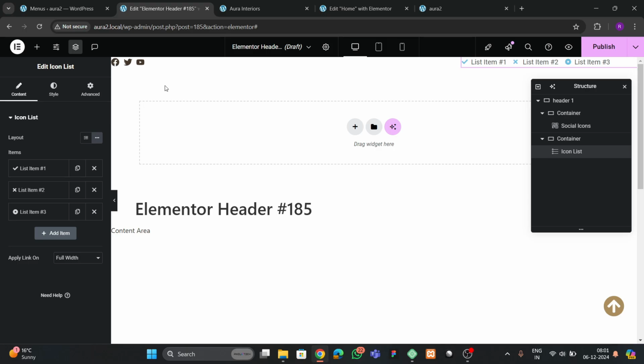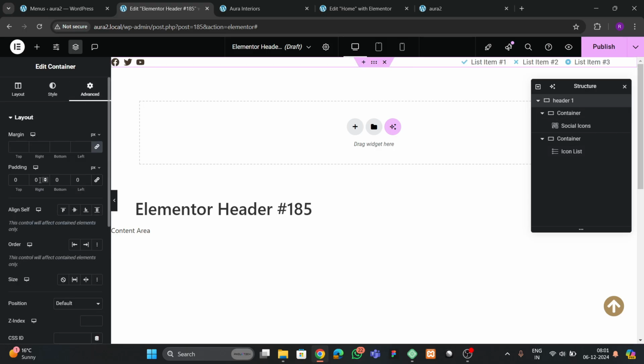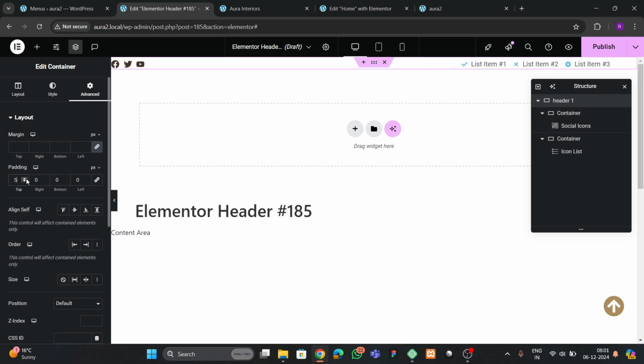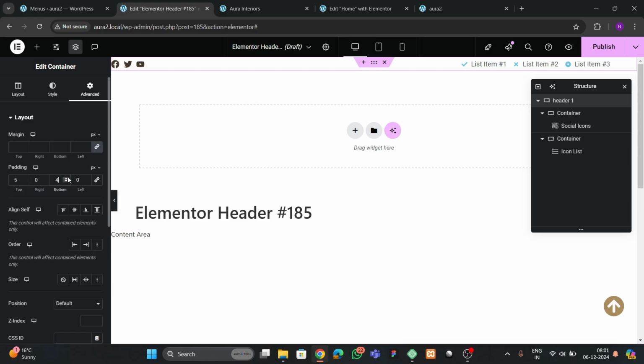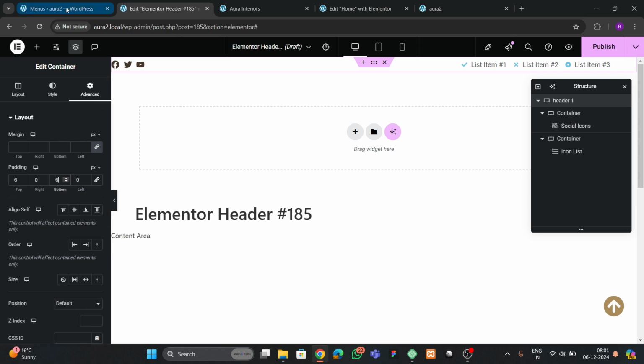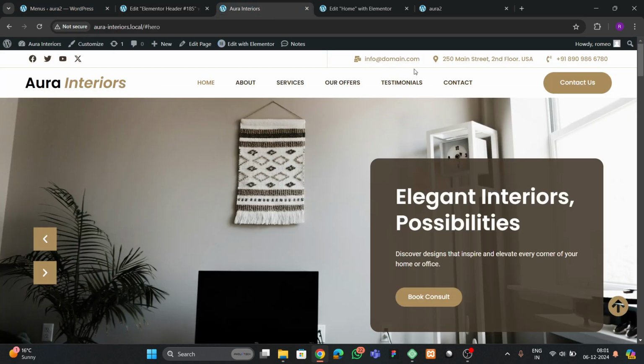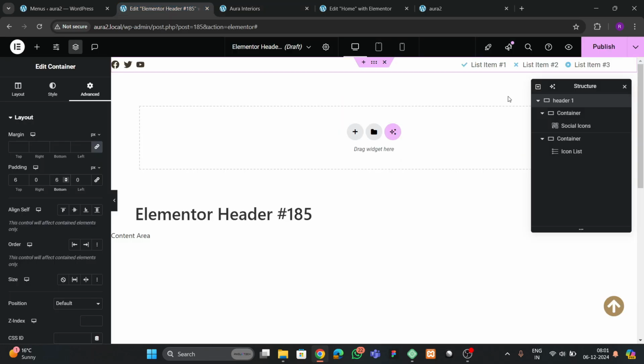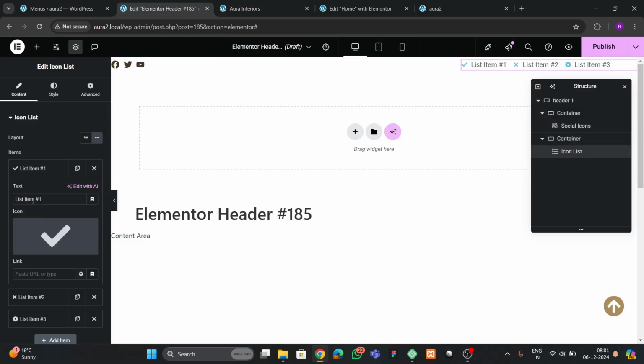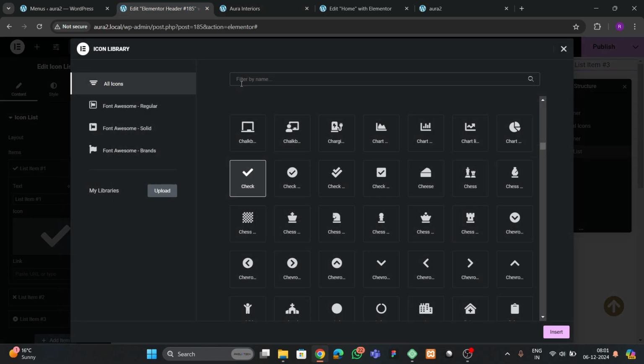Okay, and we can click on this. Here we can add 5 pixel to the top and 5 pixel to the bottom. Okay, then you can see that we have this here. So suppose we can click on this icon list here, and here we're gonna choose, suppose we choose